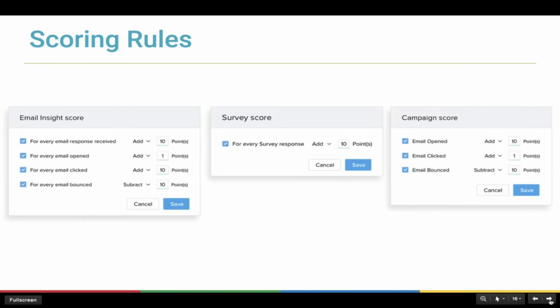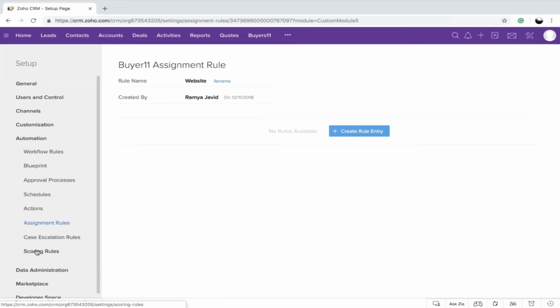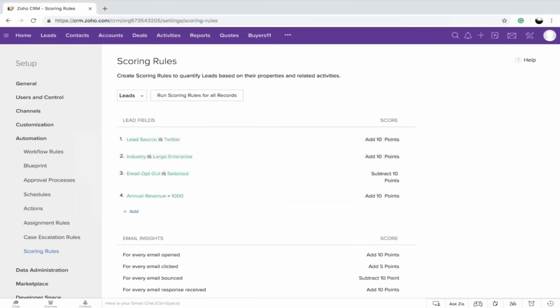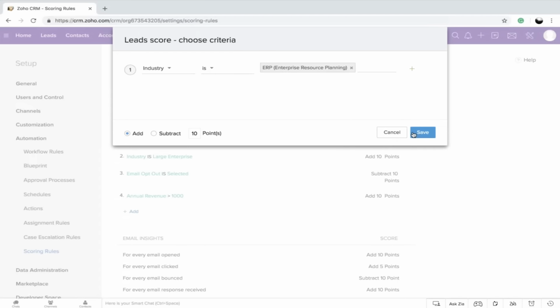So let me show you how this works. Towards your left, you can find the scoring rules right here under automation. I have already set an example for the leads module here. You can also go ahead and add the criteria as per your requirement. Say when the lead source is Twitter, there are chances that they are likely to become a prospect in future. I can also add the industry as large scale or media enterprise. This way I can add or subtract points